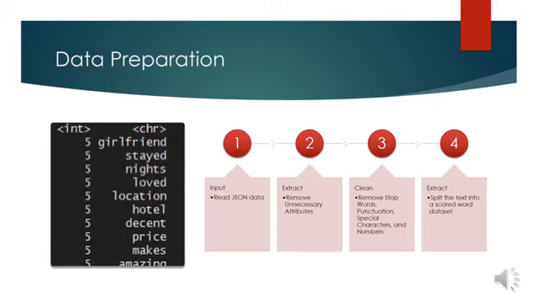Next, the unnecessary attributes are removed. For this analysis, I'm going to keep the unique identifiers, but we're going to get rid of the useful, cool, and funny fields. After this, the text itself needs to be cleaned. This involves removing stop words. Stop words are words that have no real bearing on things. They're the words that combine stuff. So at, the, us, those types of words are not necessary for this type of analysis, so we want to clean those out.